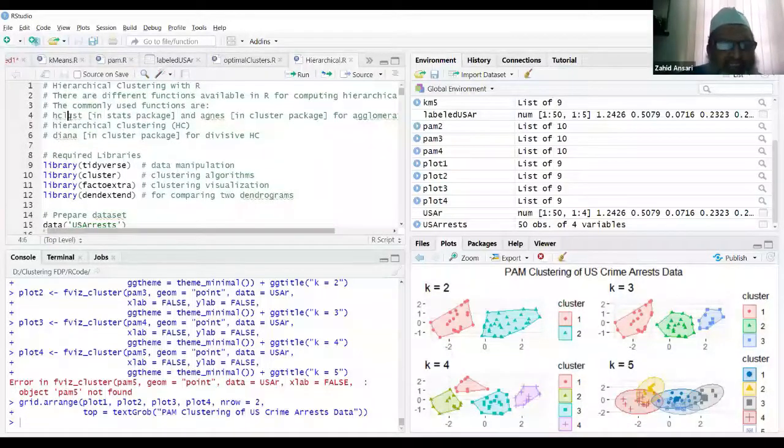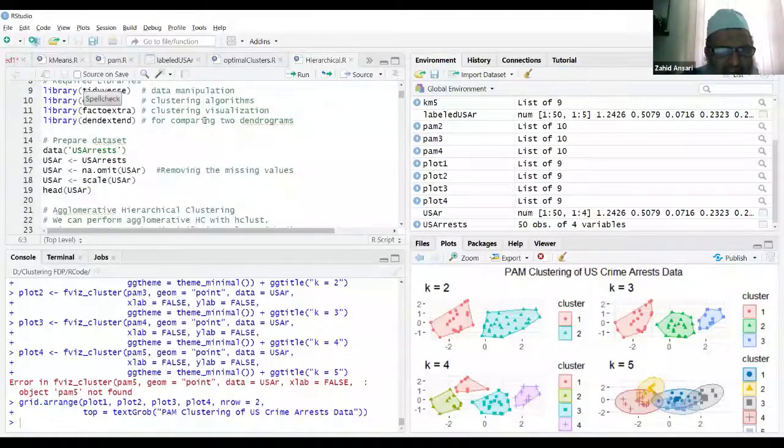One is hclust, a function provided in the stats package of R. Another is AGNES, which is provided in the cluster package of R. Both perform agglomerative clustering. For divisive clustering, we have one method called DIANA in the cluster package. So we'll see that demonstration.